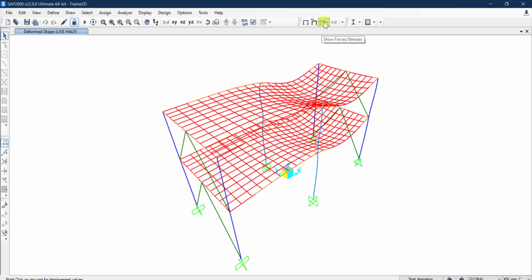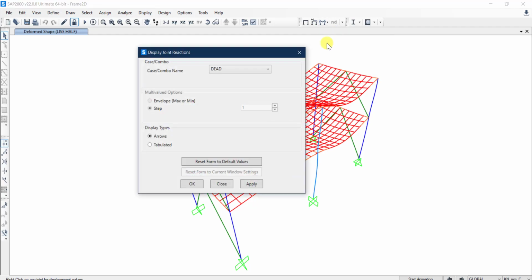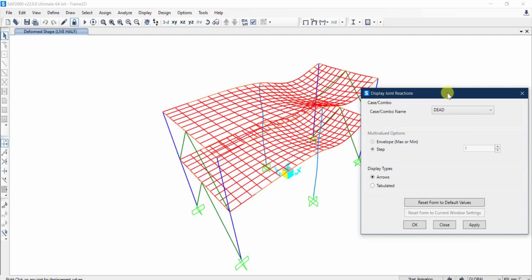So from this icon over here that says show forces / stresses, if you click on this one, you have the different options: joints, frames, and shells, depending on what type of thing you want to show. If you go to joints, for instance, you select which case you are looking for to visualize results. Since you are looking at joints, the only thing that you can visualize for joints is pretty much the reaction forces, which, by the way, if you go here and you click apply,